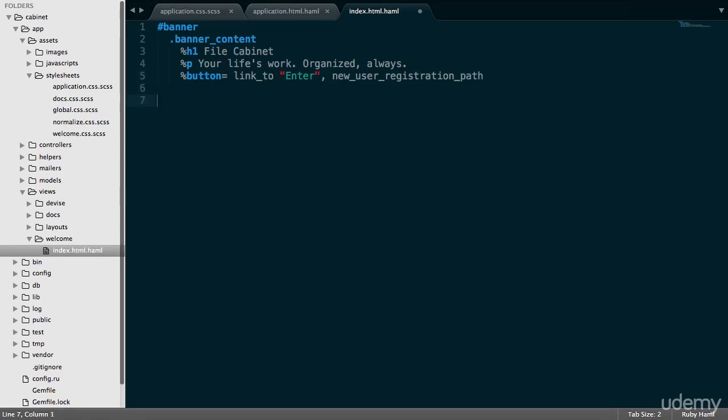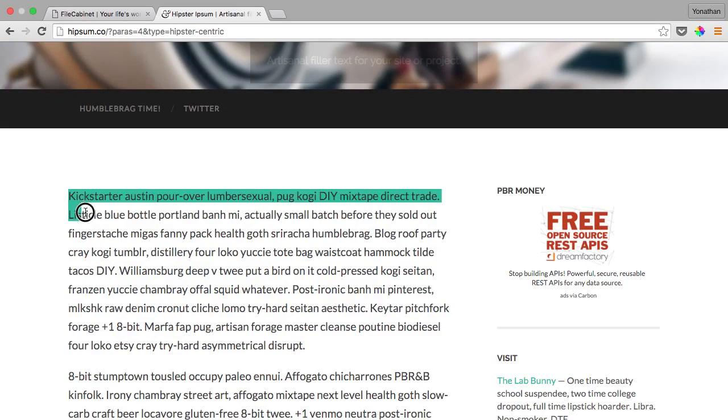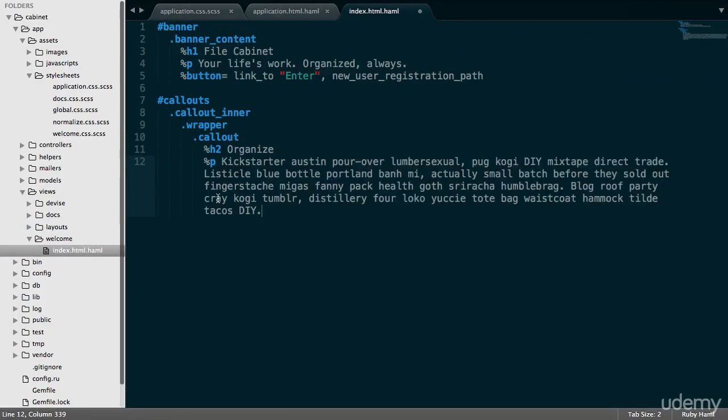and right underneath here we want another div ID for callouts, callout inner wrapper, and then callout, and we want an h2 here, and this is going to be organize, and then we also want some filler text here just to essentially explain how the application works, things like that. Let's go back into our browser and get some filler text from Hipster Ipsum. Copy this, go back into Sublime Text, paste it in here,